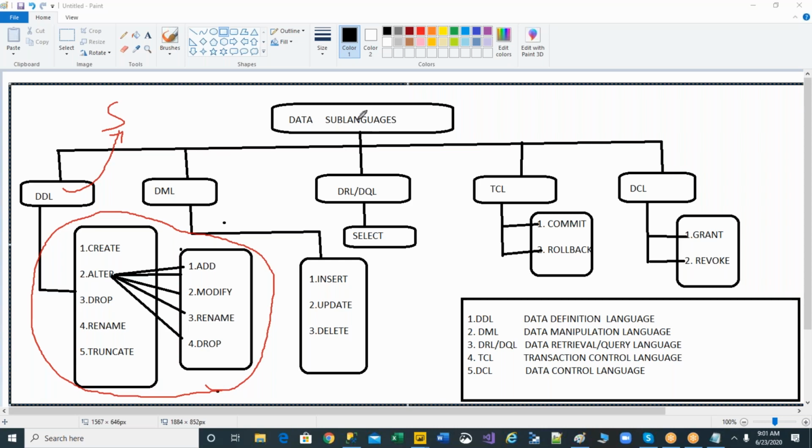So guys, are you clear with the data definition language now? Surya, Raju, Rupa? Yes, sir. Any questions? No, sir. Okay, so actually